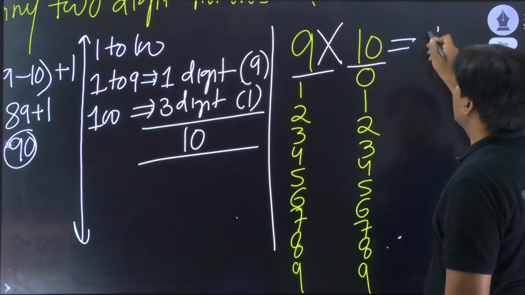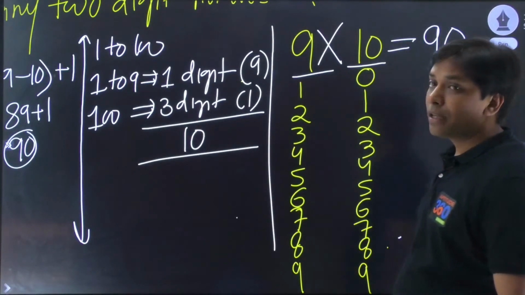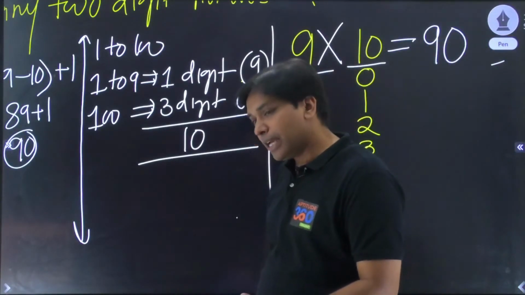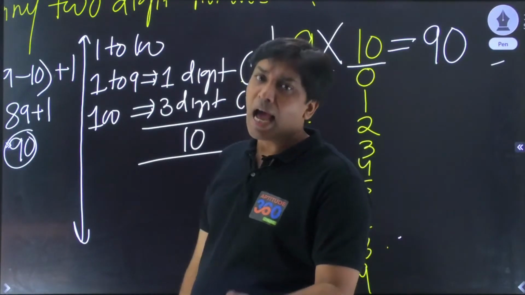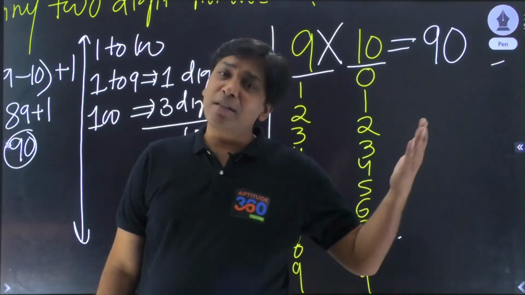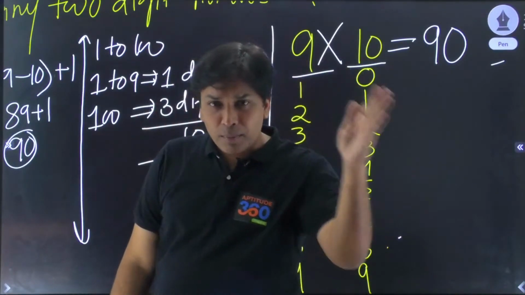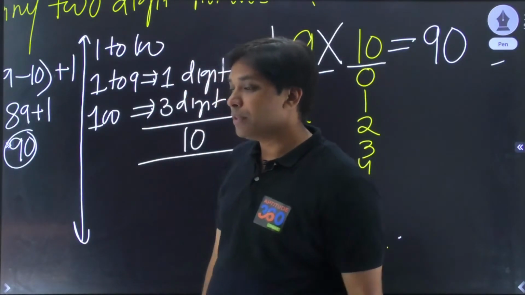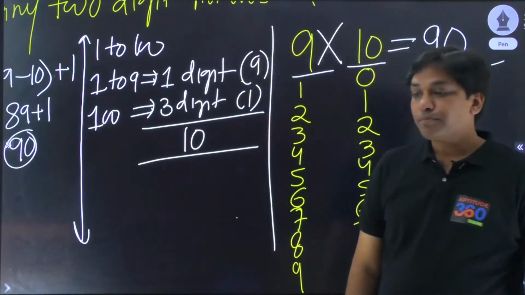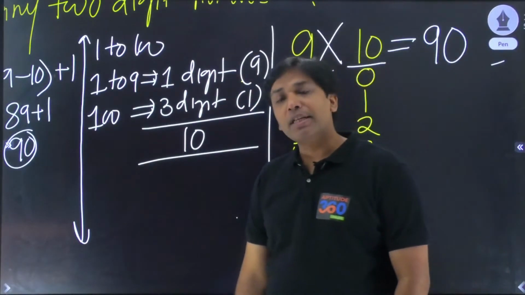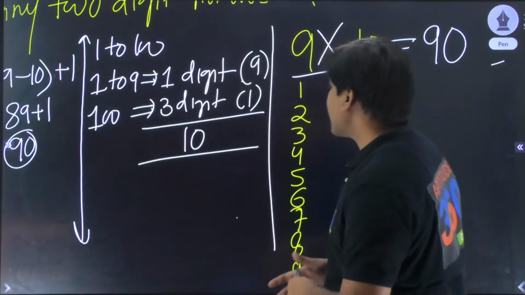Collectively, this is the answer. The unit place can be placed in 10 ways, and the 10th place can be placed in how many ways? 9 ways. So what is the total number of possibilities? 9 into 10. Problem simple. Are we clear with this? Are we clear with this? Now if you understand this,